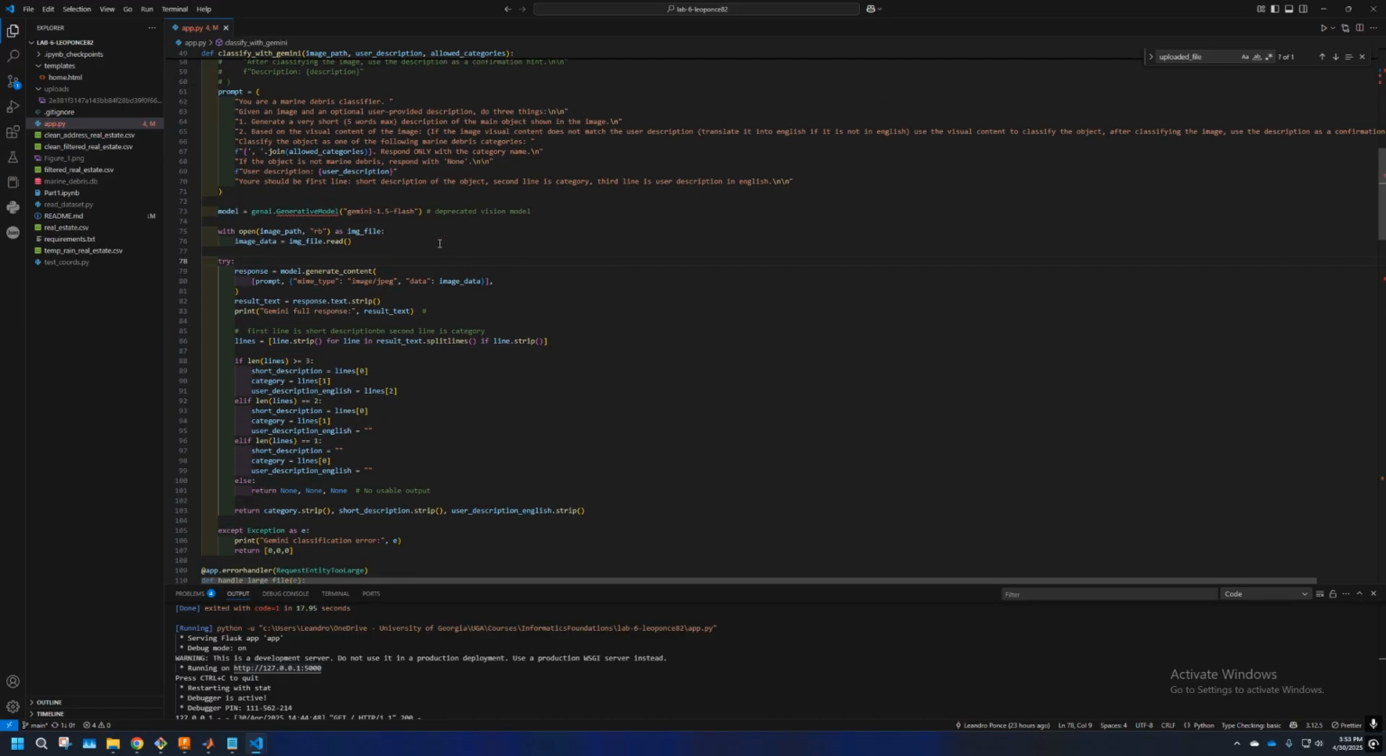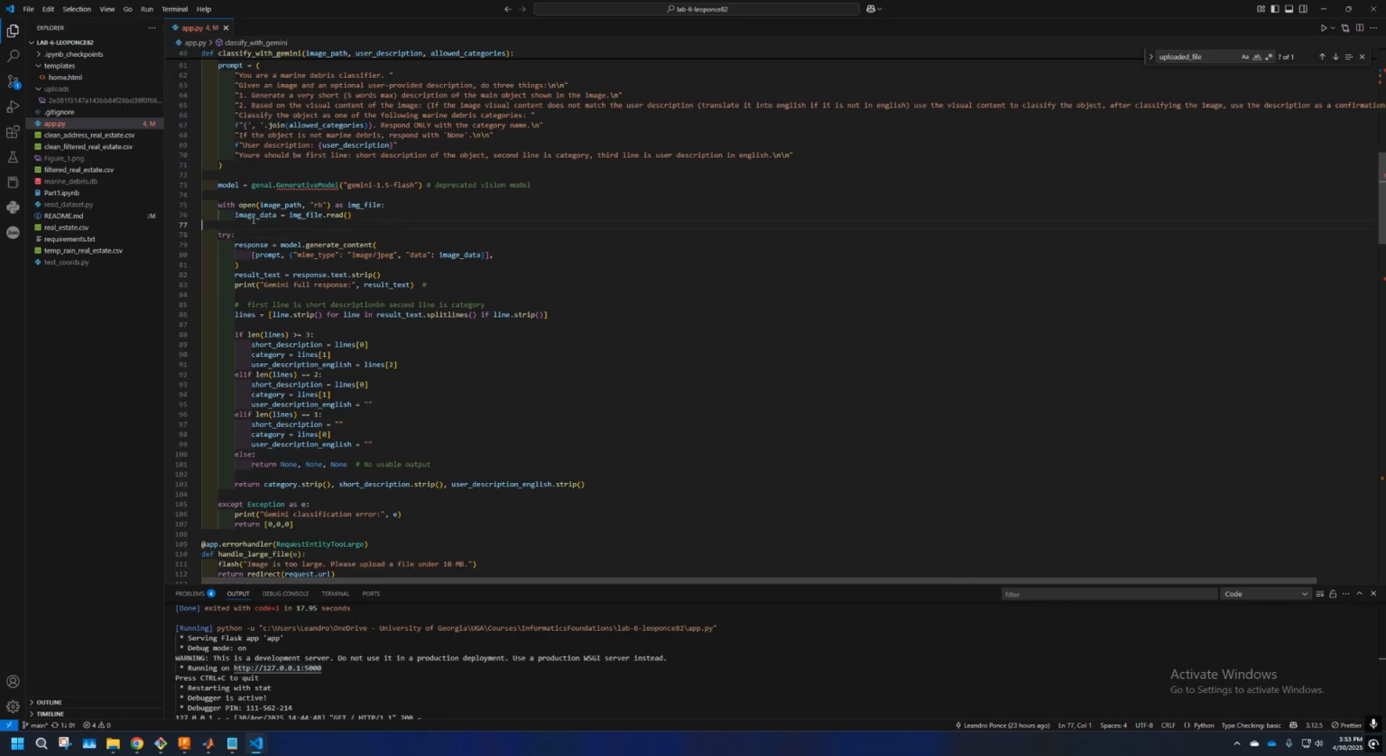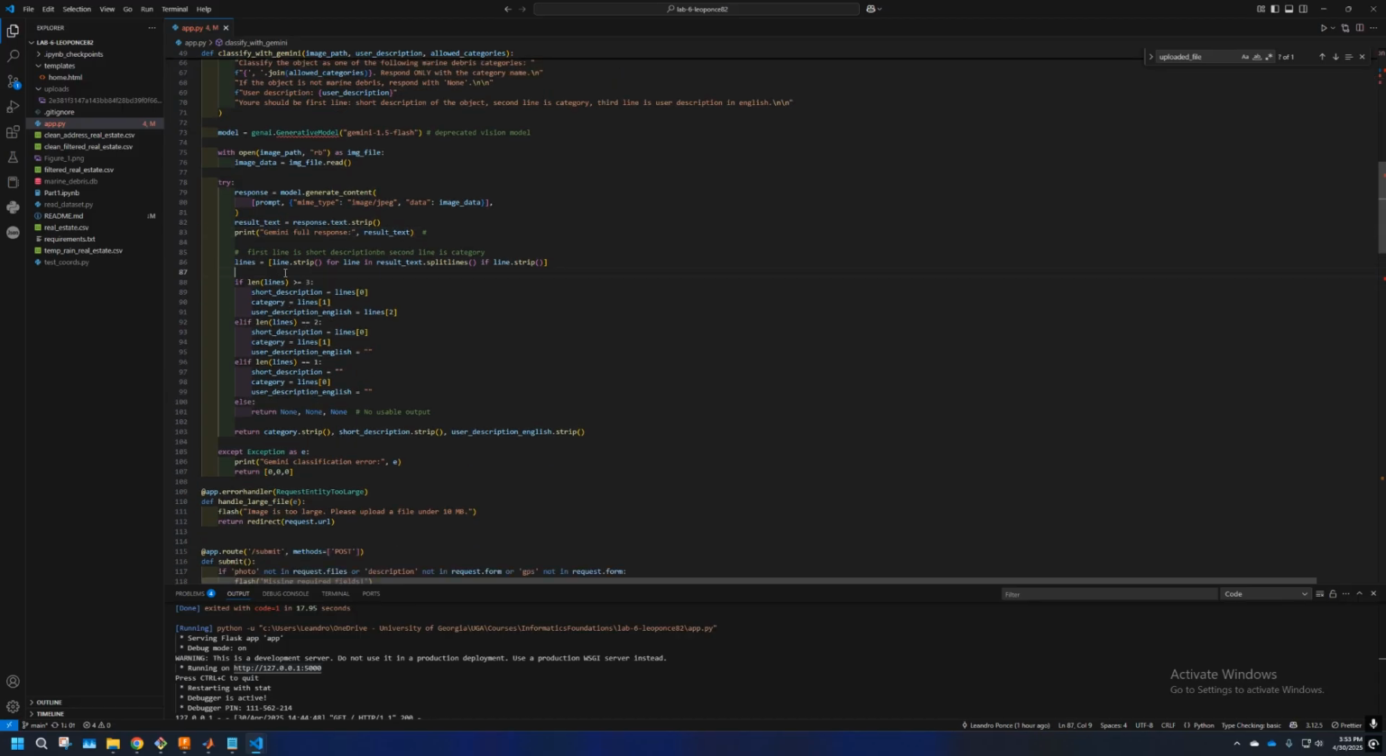And then we're opening the image to give it to the LLM, and then we're gonna generate the content from the model with the image as an input of the prompt, and then we're gonna get the full response. And then we're gonna parse that response, so we're gonna get the short description, the category, and the user description in English